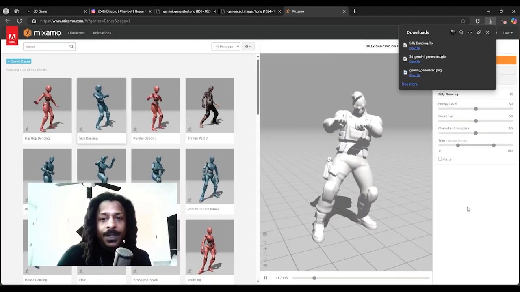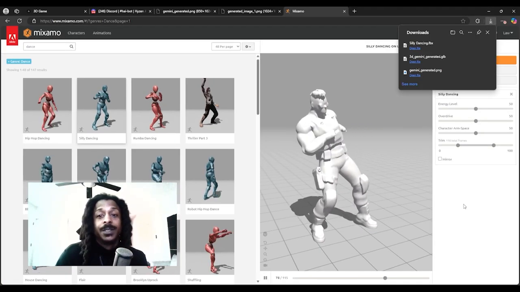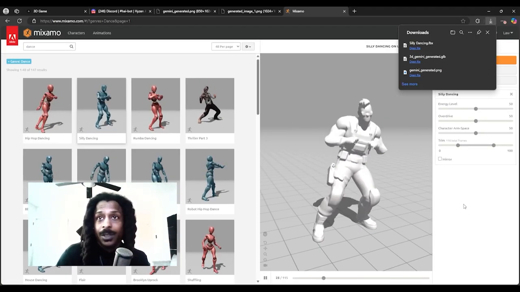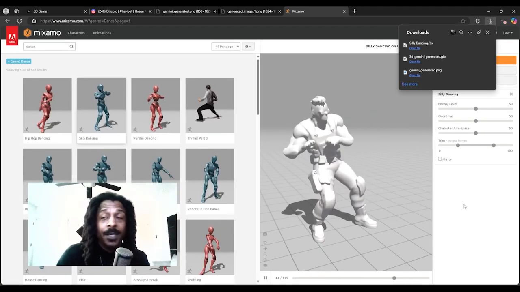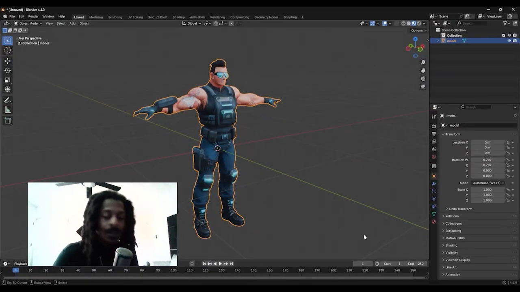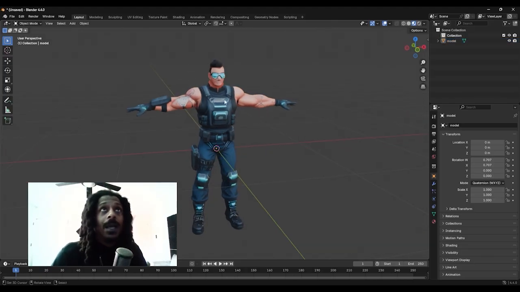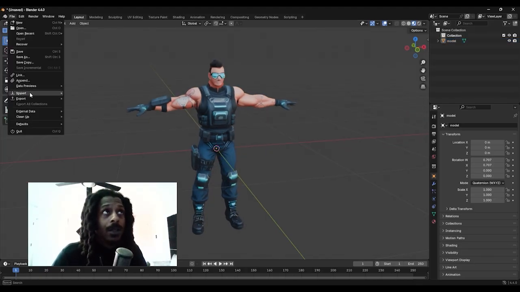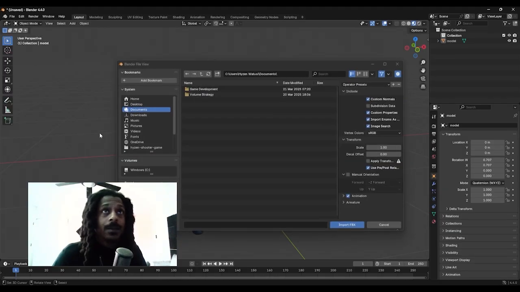So now that I have it downloaded, I'm going to show you how we can actually use this. How do we actually use this in something? Make a game, make a video. When does this become actually good and useful? I'm going to go back to Blender here in my same file, and I'm going to go to File, Import, FBX,